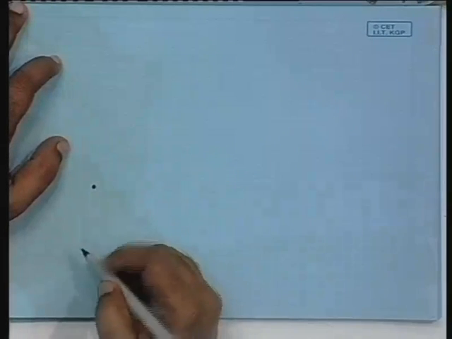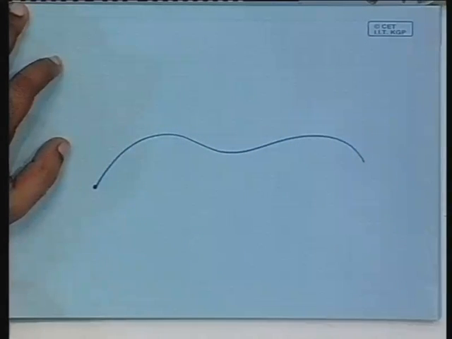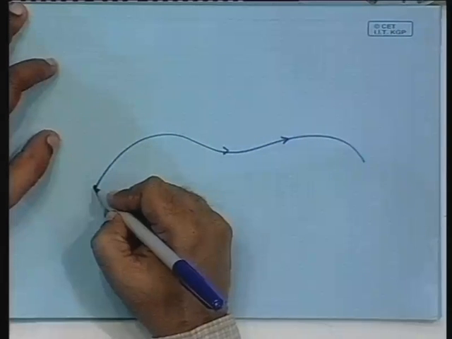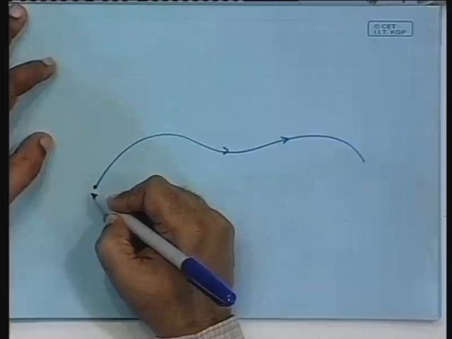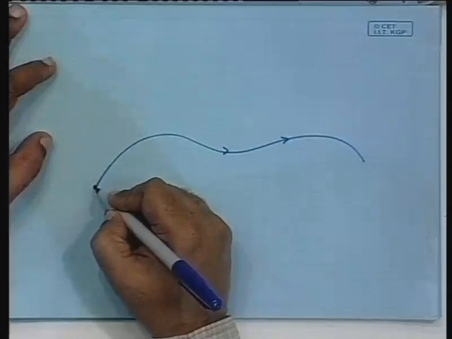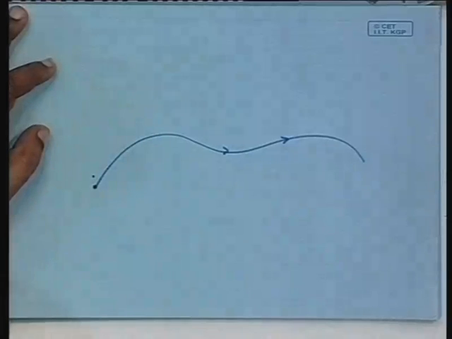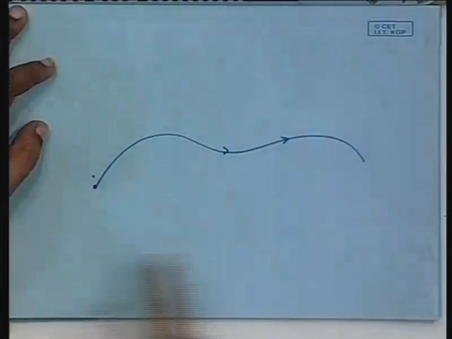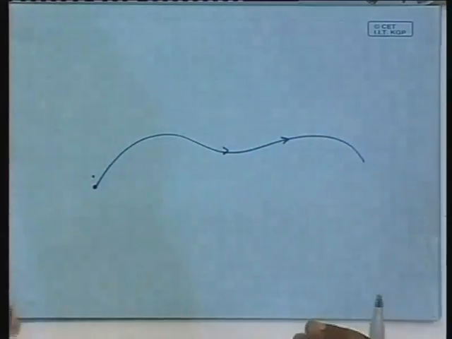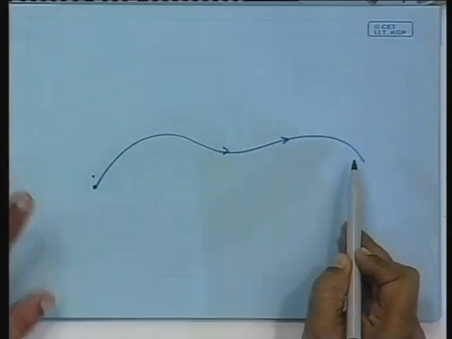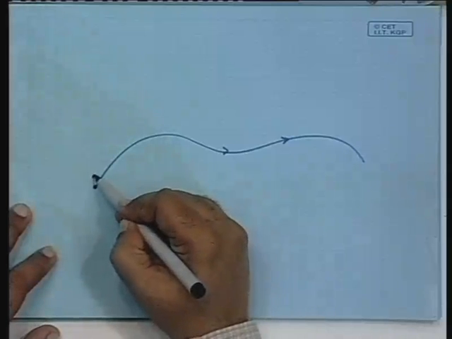So in that case what will we do? We will start from an initial condition which will evolve in the state space. We are trying to find out how nearby initial conditions diverge, and therefore we will have to take another nearby initial condition, say somewhere here. So this orbit, the blue one, is the orbit that we have calculated initially, and then we perturb it and recalculate the orbit